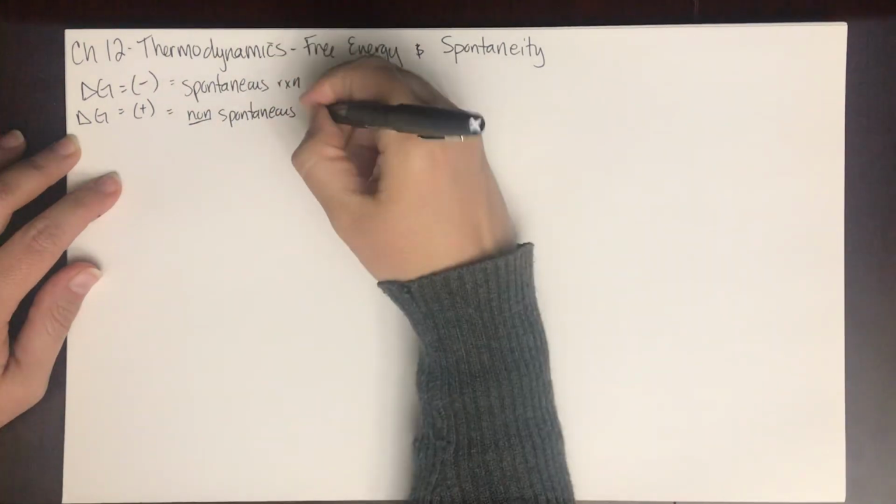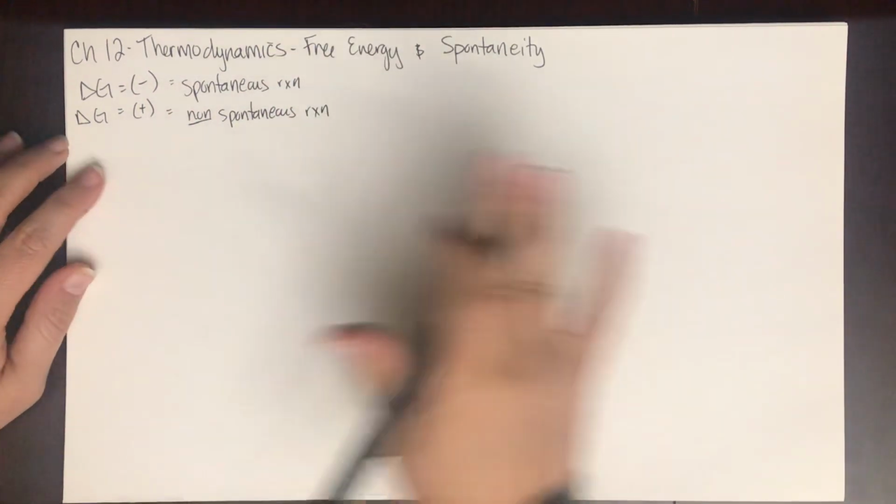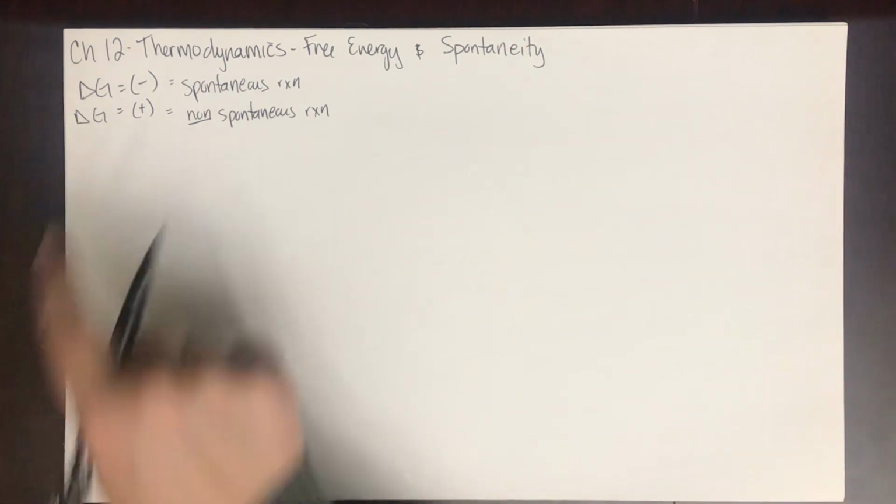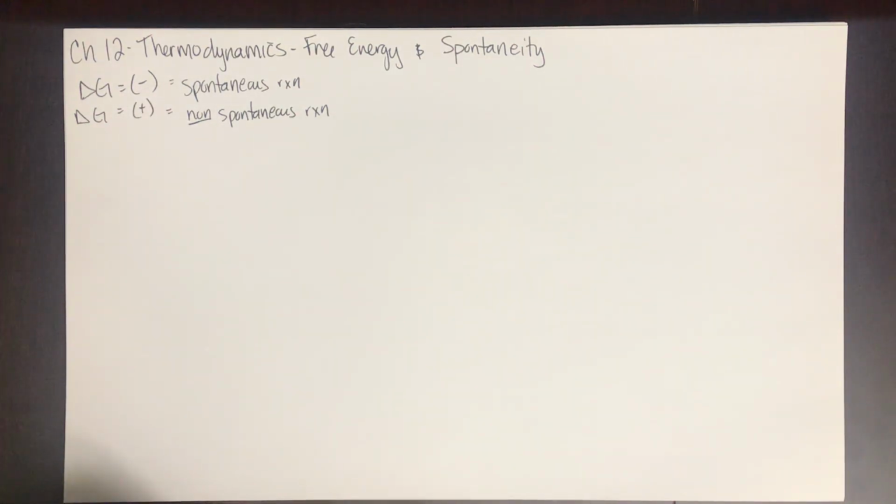So if it's spontaneous, then this reaction proceeds on its own. It's energetically favorable. You do not need to put energy in. If delta G is positive, it's non-spontaneous, it is non-favorable, and you would have to put energy in to make this reaction happen. So again, just pay attention to those key words when you're reading